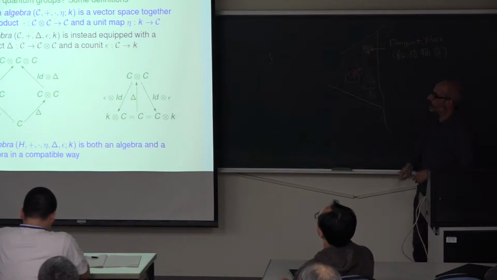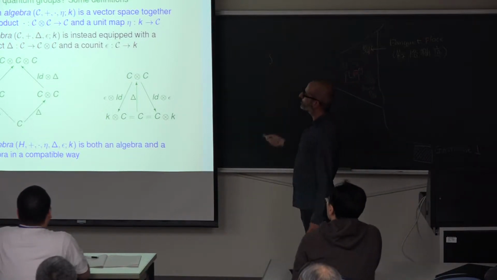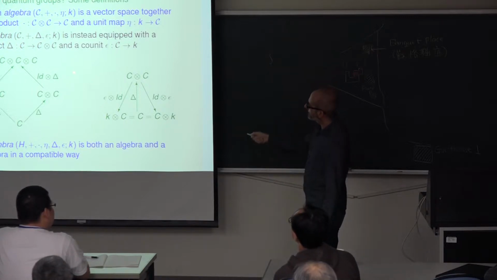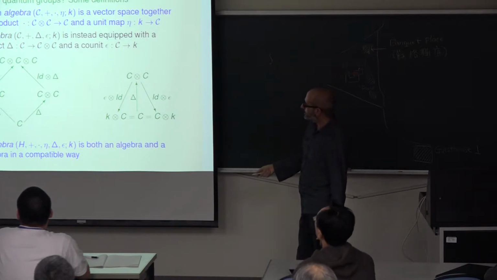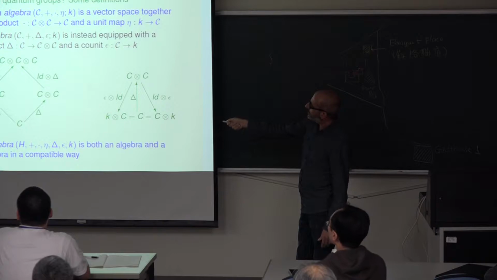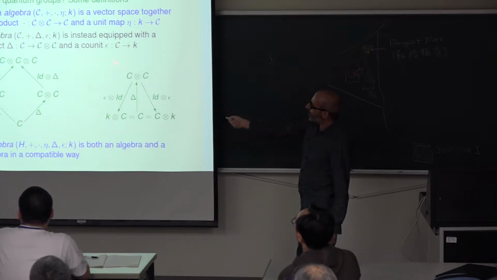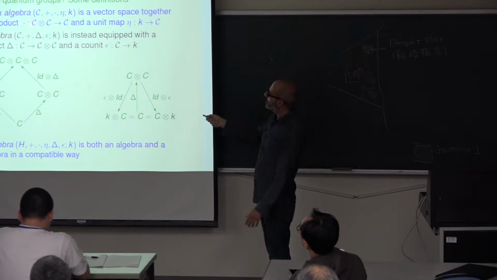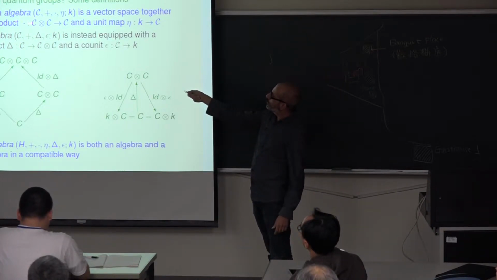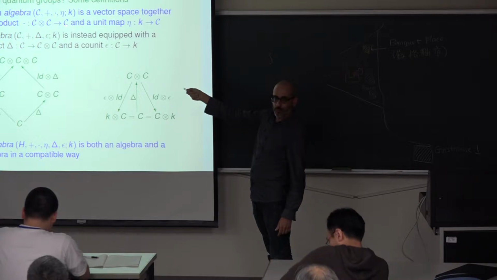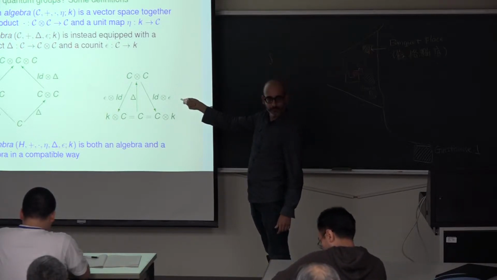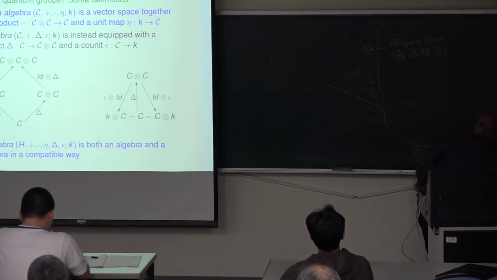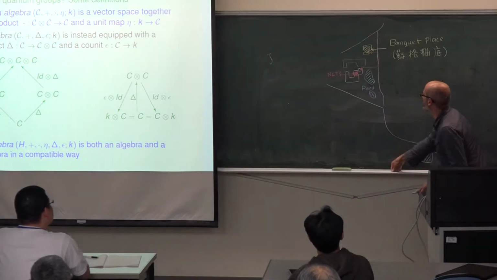So, okay, I'm going to go very quickly through this slide. I just want to focus on one thing about quantum groups, and I don't expect you to follow it very closely. All this discussion you haven't seen before, but there's a concept of a co-algebra, which is very similar to an algebra, but instead of the product of an algebra, which takes two copies of a vector space to one copy, the co-product does the opposite. And maybe, for those of you who haven't worked with co-products very much, this is what we do when we look at,